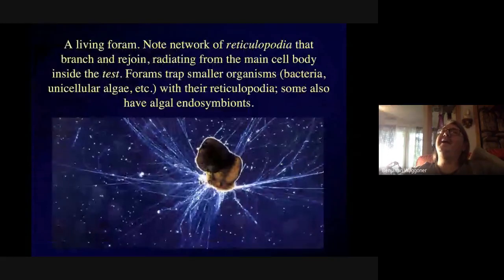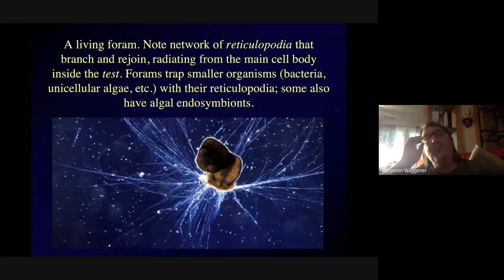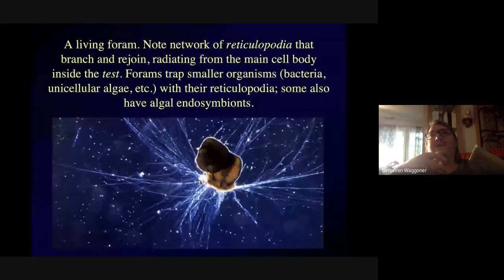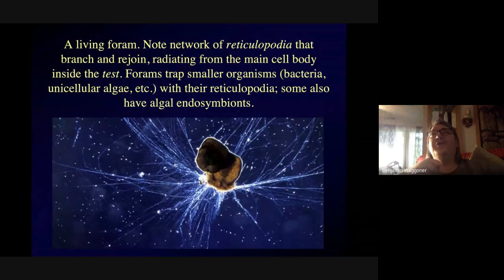Rads, by the way, you're likeliest to see out in the open ocean. They float. They live out there. Only in the ocean. There aren't any freshwater radiolarians that I know of. So a lot of people have never seen them live. You kind of have to be off on an oceanographic research vessel to get a good look at the living ones. But the skeletons can be very common in certain bodies of rock.